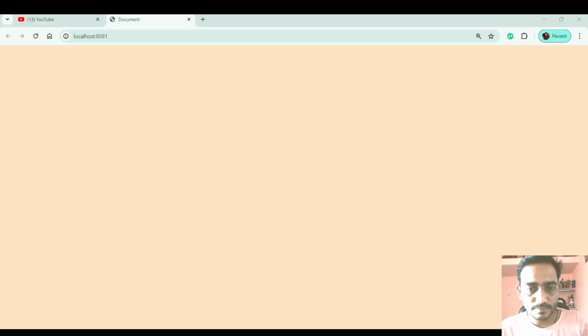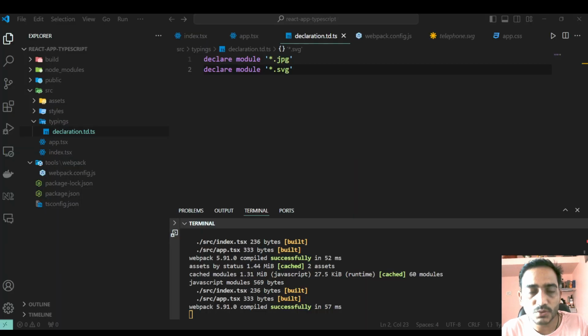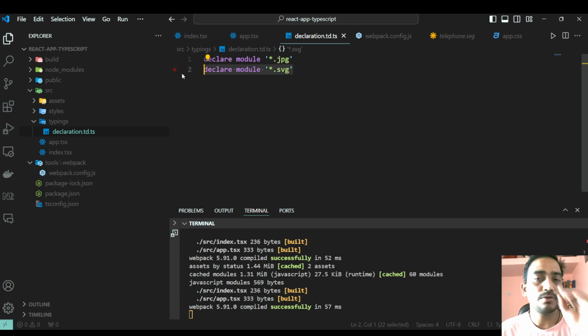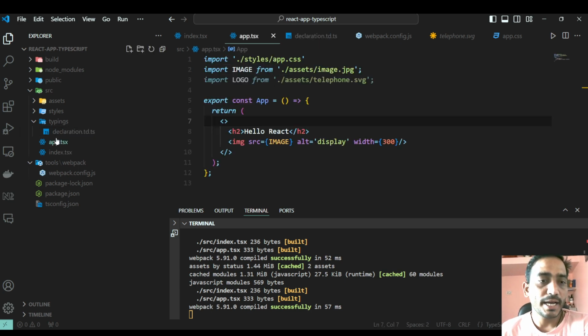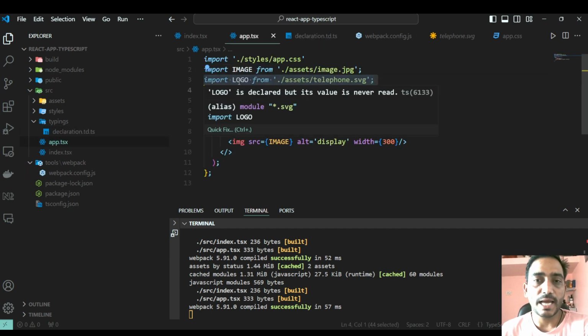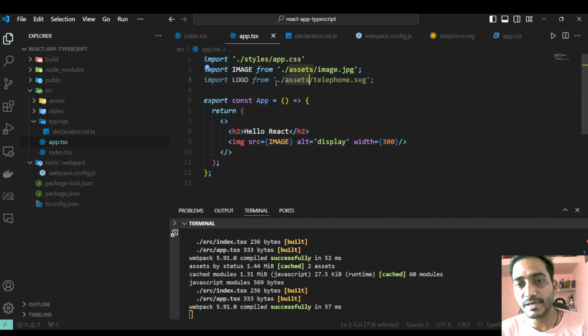Okay, so there is a problem with the mic, I think. Okay, so now you can see VS Code editor, and inside that I have added supported module for SVG images, and I am importing this image here inside the app.tsx, logo from asset telephone.svg,